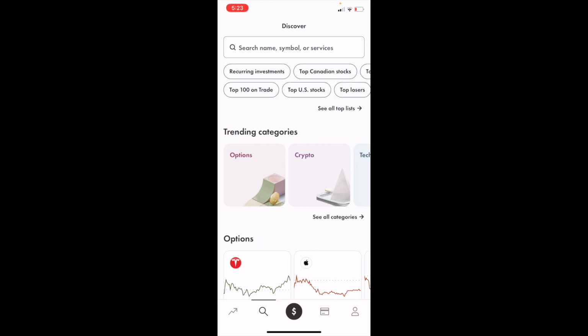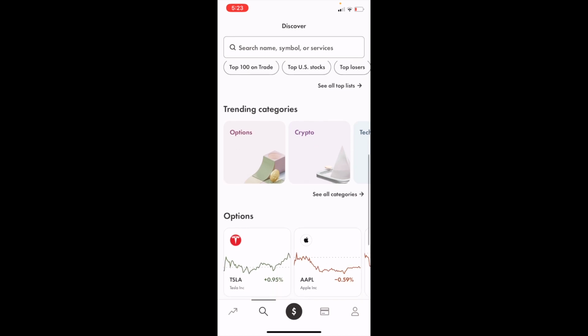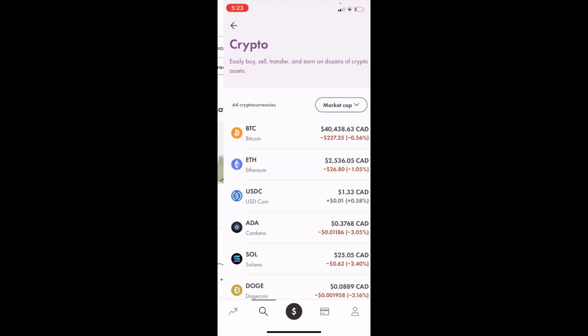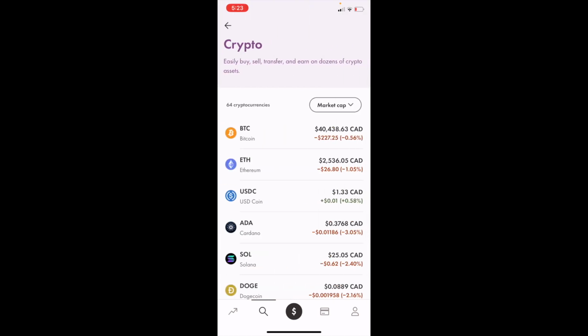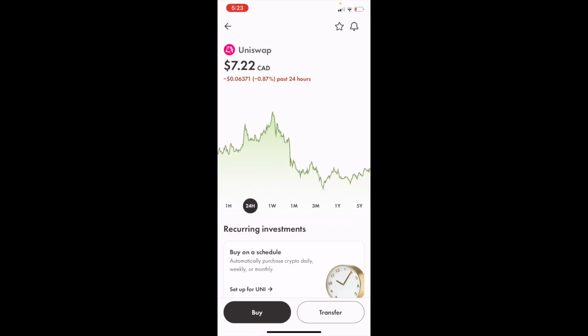Then when you're on this screen, simply just scroll down. You might be on this screen right here. Simply just scroll down to where it says trending categories and press on crypto. Then under the crypto tab, just scroll all the way down until you come across Uniswap or UNI, which is right here. So this pink logo with the unicorn, where it says UNI, press on Uniswap right there,